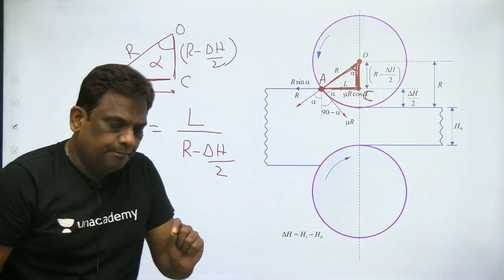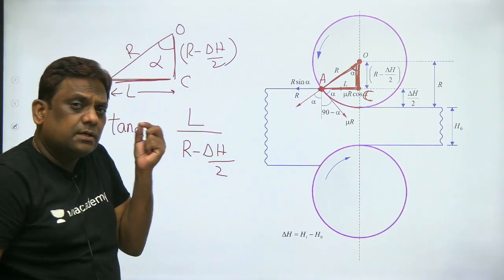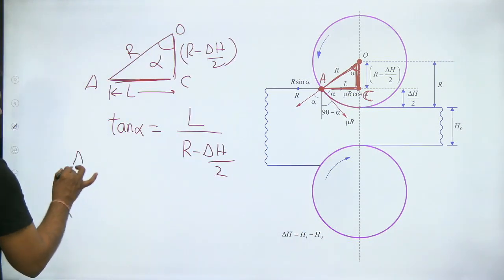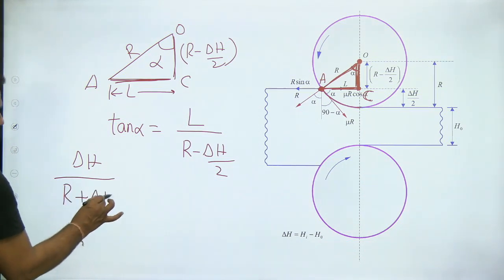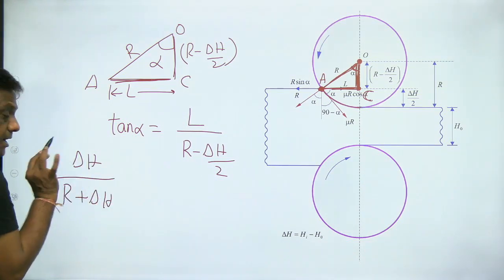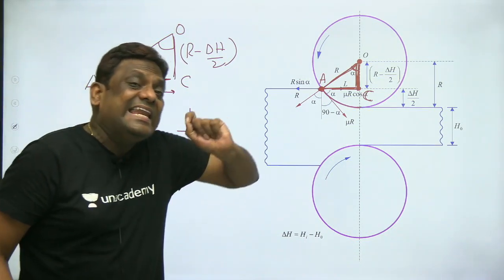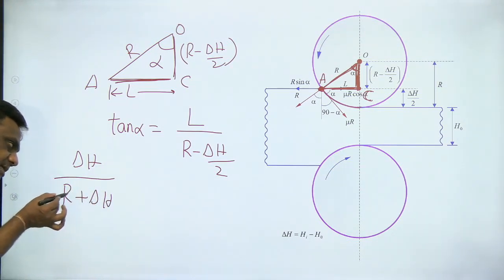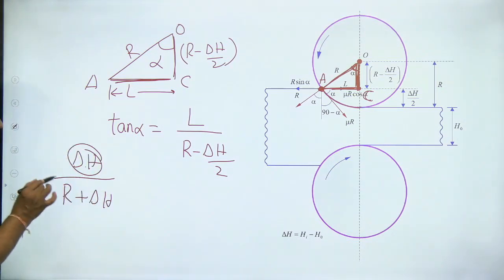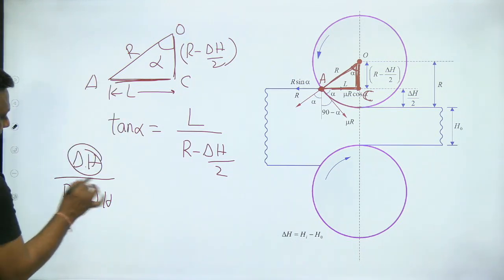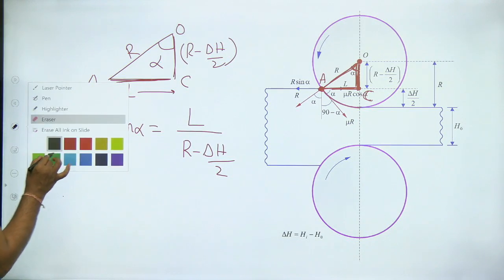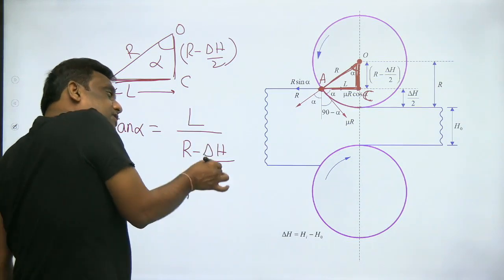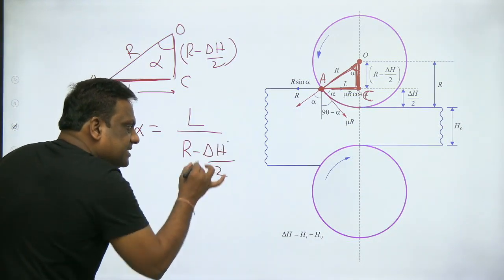Just now I told you that delta h is small in comparison to roll radius. You should be very careful. For example, if I write something like r by r plus delta h, don't say that delta h is small and make it 0. Please understand the essence. It is small in comparison to the radius. So we can neglect delta h in comparison to this, but individually I cannot neglect this. So you have to be very, very careful. I use the words very clearly: delta h is small in comparison to r. I repeat, delta h is small in comparison to r. Delta h is small, delta h by 2 will be much smaller. So I can neglect this in comparison to r.